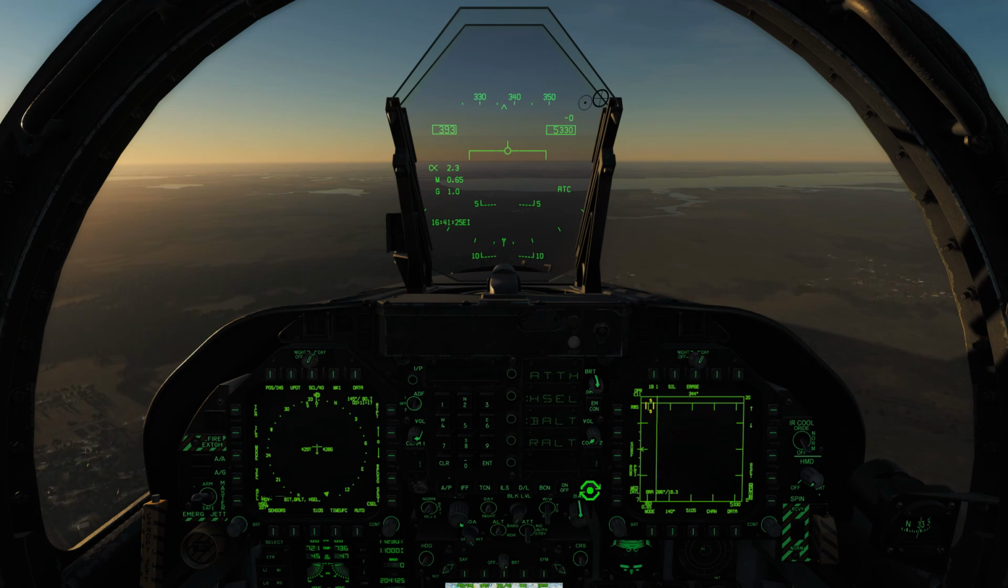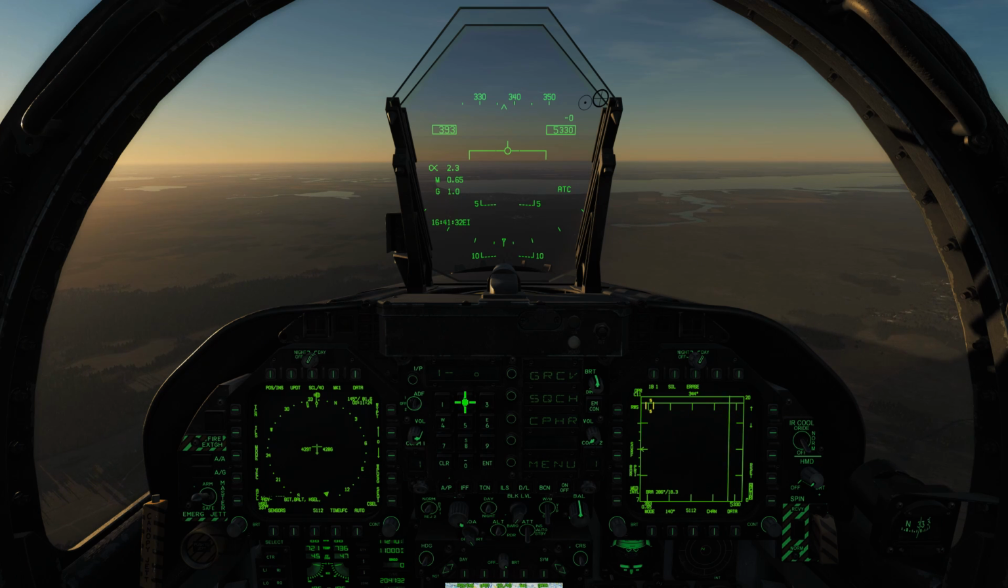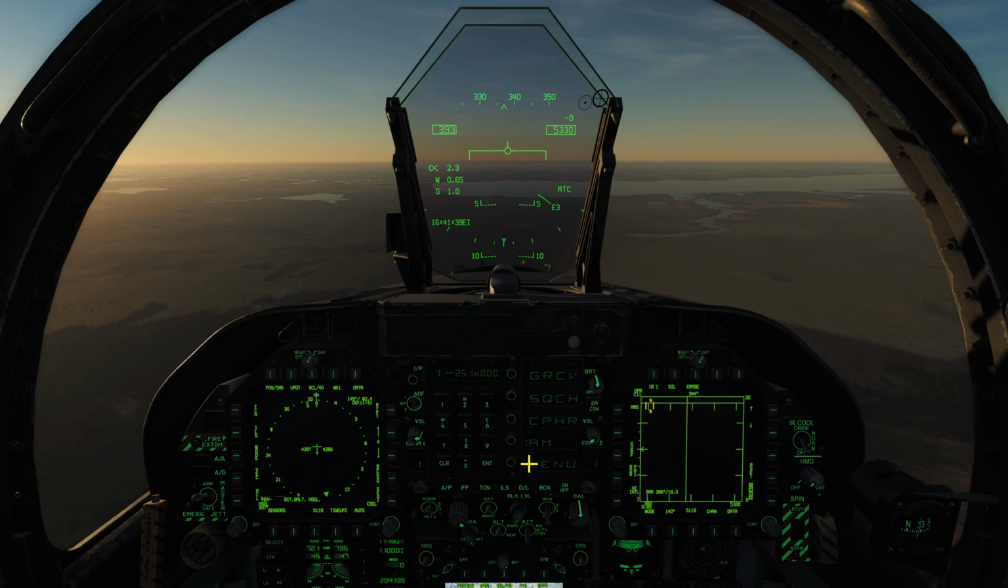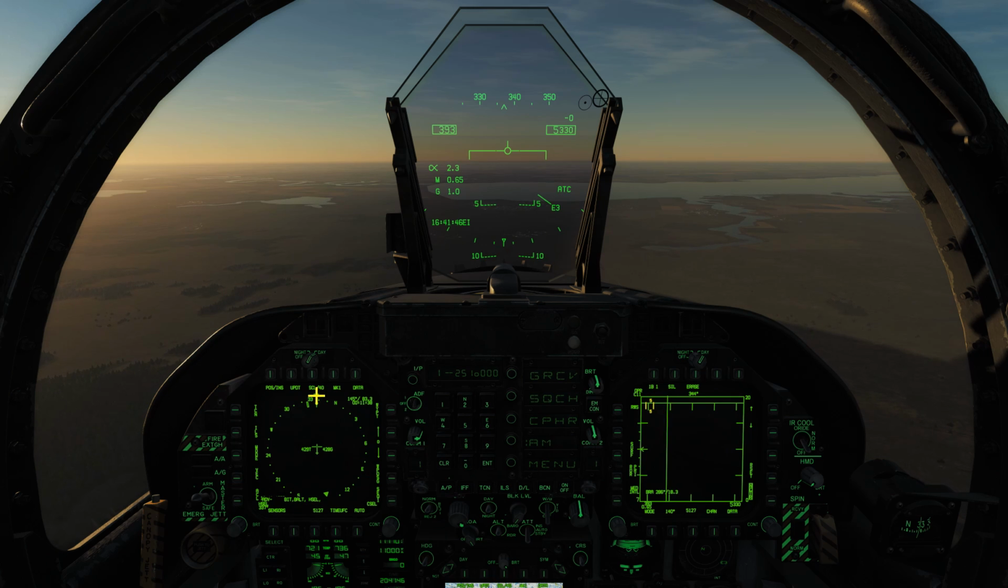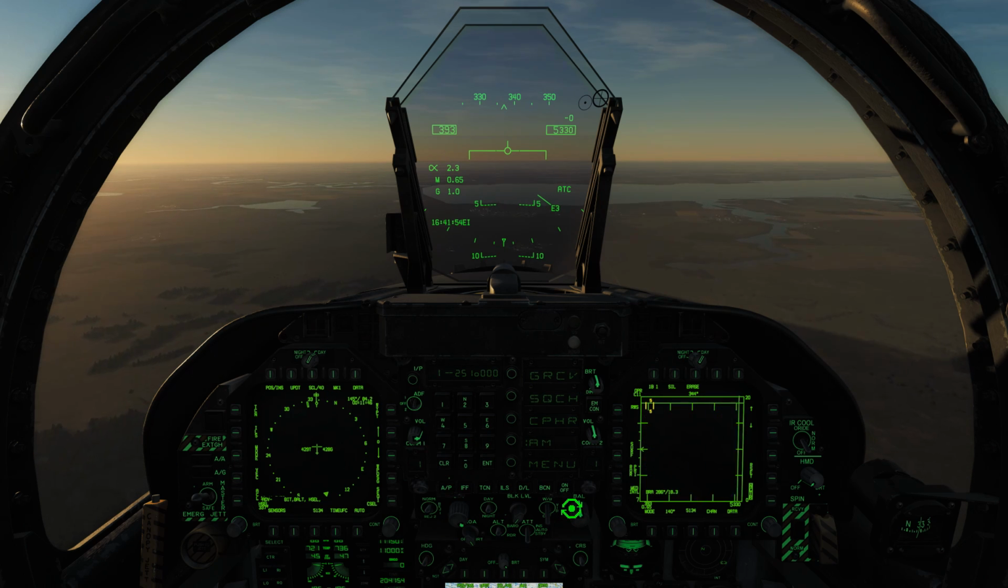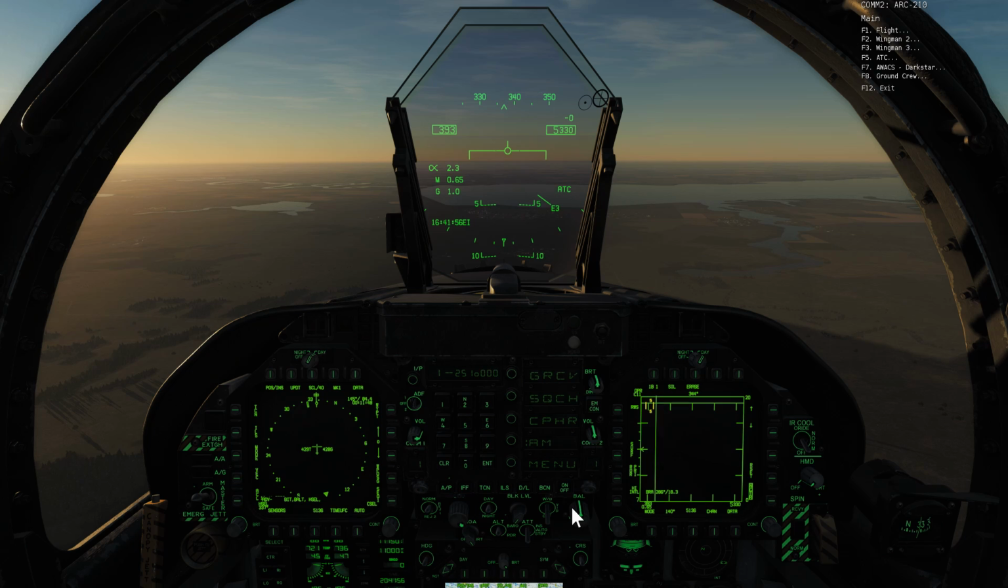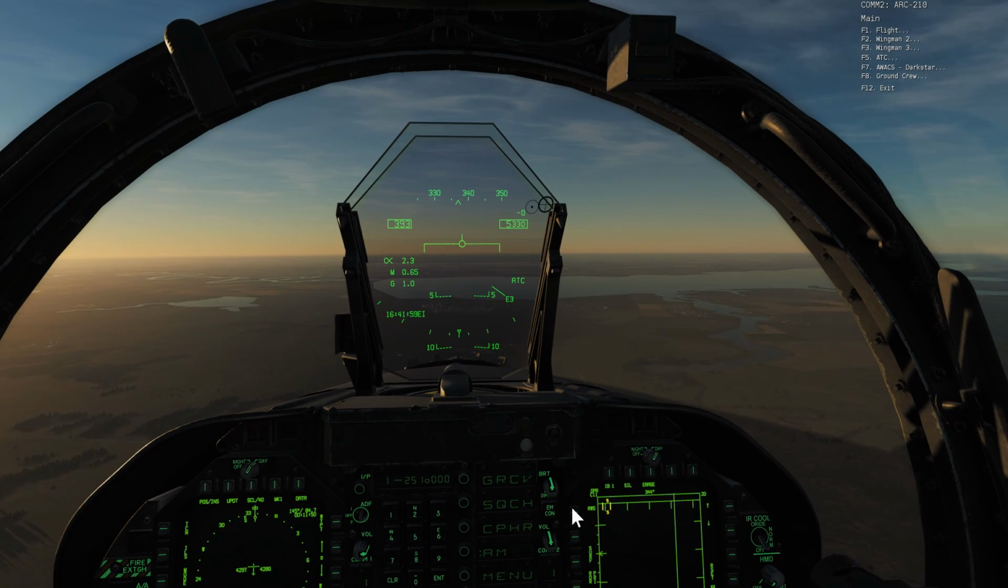So I'll click on the COM2 radio, bring it up on the UFC, clear out the data, and I know that my AWACS is on frequency 251,000. I'll hit enter. Now you'll see we have the volume down, but now we just hear static and the marker on our compass rose is gone. That's because there's nothing transmitting on this frequency. But if I go on my radio and actually contact the AWACS,